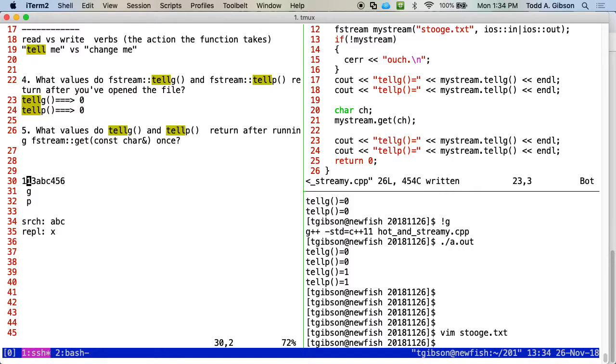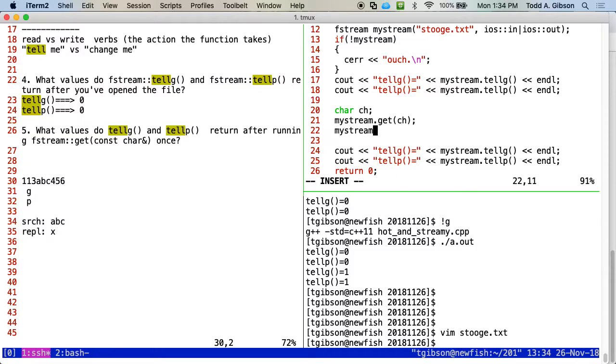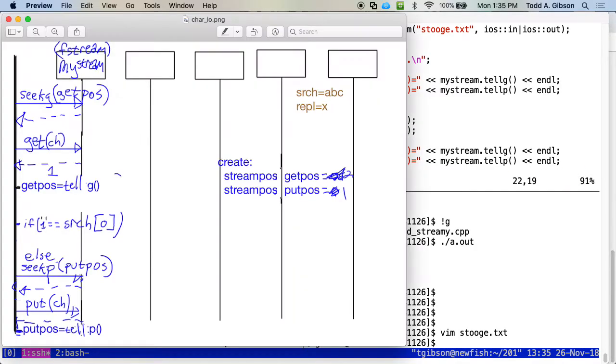Does this make sense? Given the code in the upper right-hand pane, I do a get, then I do a put, right. That didn't match, so let's go ahead and put it back out. And I'm going to end up with what we see on line 30, which is we end up with 1, 1, 3, and we totally destroyed the 2. So we have to do a little bit of work to maintain the difference between these 2 pointers, and that's